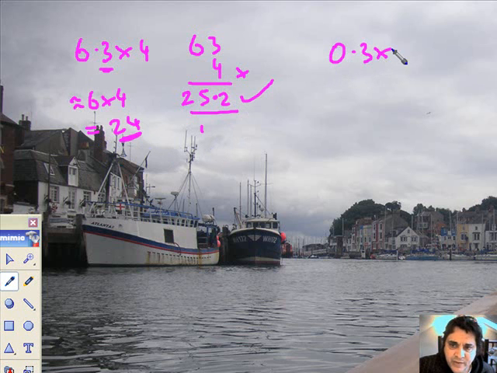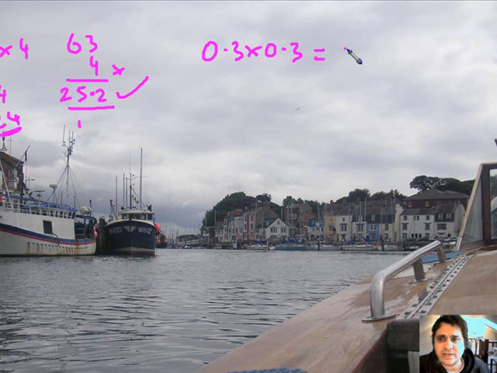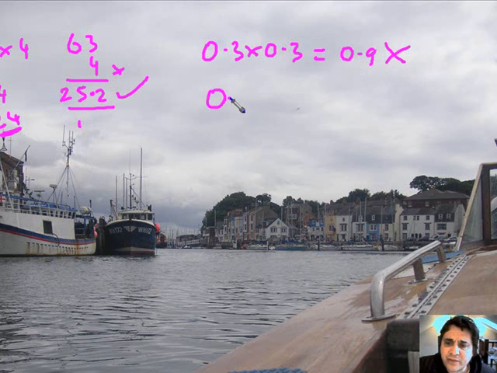Right, 0.3 times 0.3. Now I've been teaching for years, and the temptation is for kids to suddenly go, oh yeah, 0.9, because 3 3s are 9. That is just so wrong. And I'll say so. I'm going to do it again. You know 3 3s are 9,